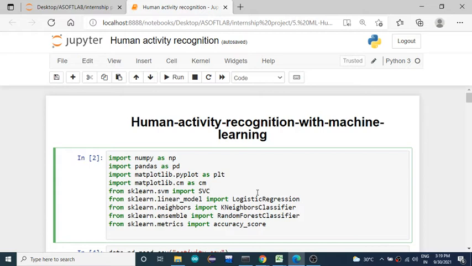Second step is to import the libraries. You need to import the libraries which are required to solve the problem. Okay, second step is import libraries. Third step is to